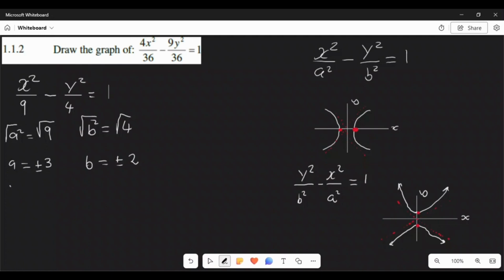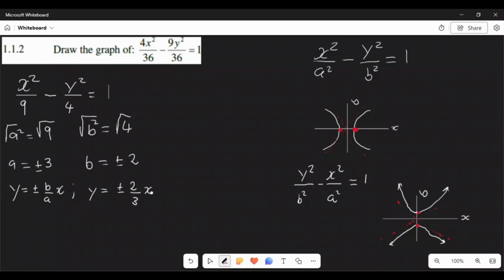It goes like this: y is equal to plus or minus b over a multiplied by x. So basically, when you substitute, this is the same as plus or minus, what is your b? It's going to be 2 over